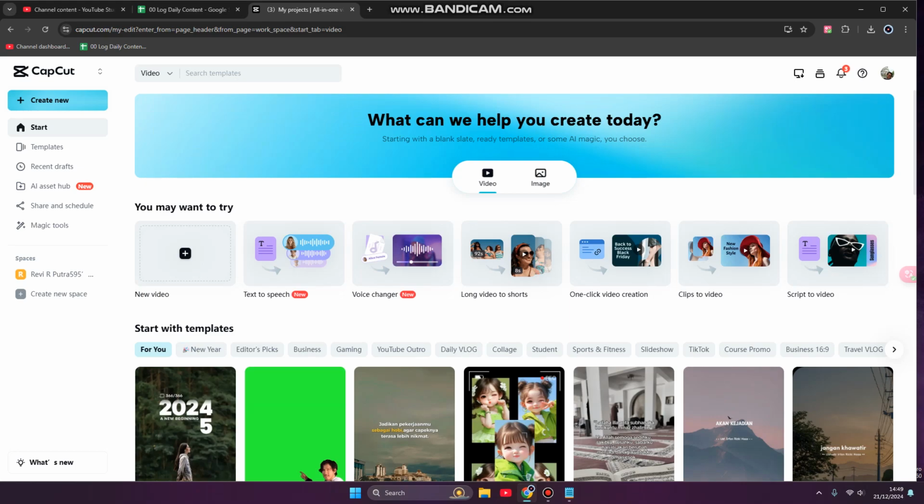Let's start by opening CapCut.com and trying to sign in. Log in with your account. If you don't have one, or this is your first time, you can register in order to use all the features in this CapCut web version. So let's start. Here you can click this CapCut logo at the top left corner of your screen, and